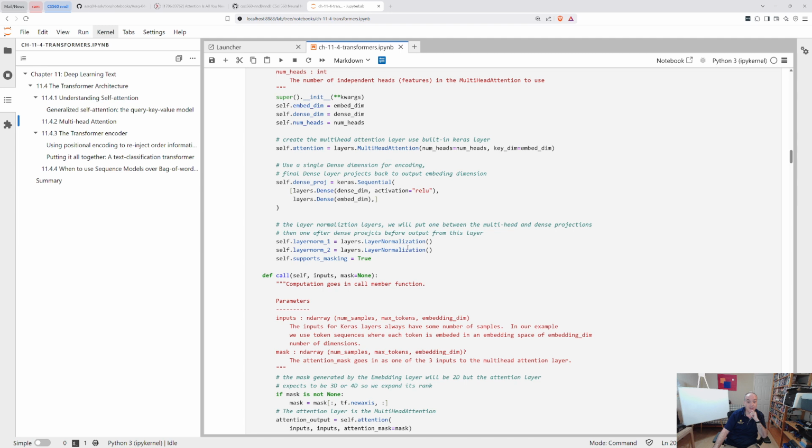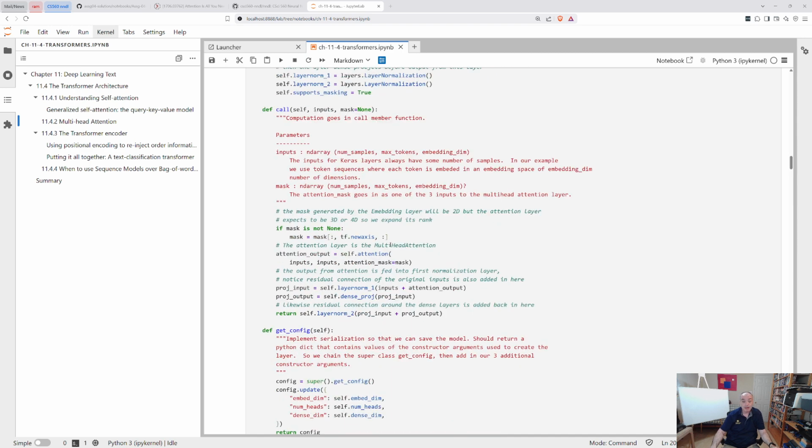And then we're going to have a couple of these layer normalizations. So I realize I have to talk a little bit more about these. So we looked at batch normalization. So we have to use something called layer normalization, which is similar, but what you should use when you're doing sequence data coming in. So you look, the call function basically